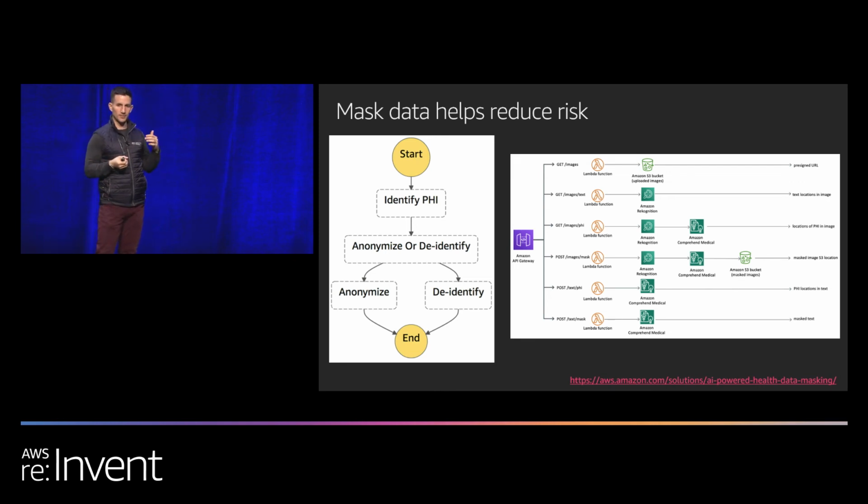So the general idea here, though, is Comprehend Medical can help augment your existing processes with the first step in data protection, which is that critical identification piece. You can't protect what you can't identify. So we worked with actually several customers on this at the beginning of the year and throughout the year, and